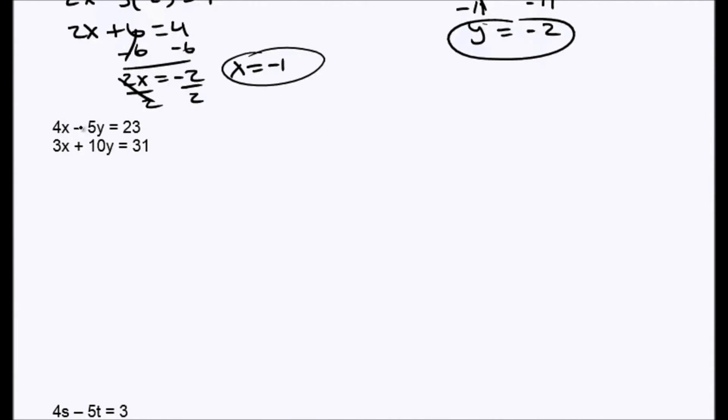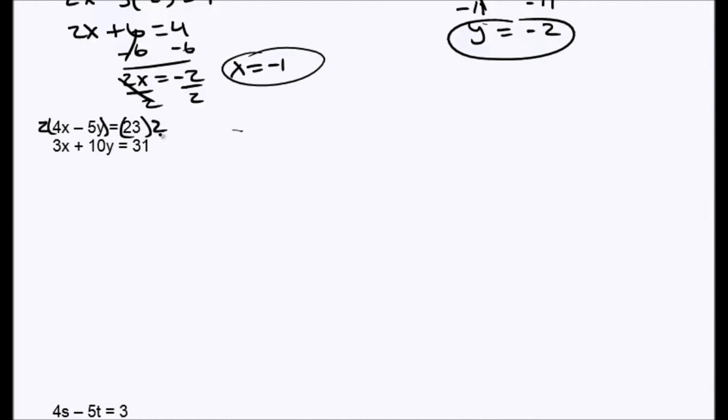Here it looks like we're going to have to multiply the first and the second equation. Oh, I'm sorry, I take that back. We have 10 here. If we multiply the top equation by 2, then we'll get negative 10y. Then we could eliminate the y, and that's what we're going to do. So we're going to multiply both sides here